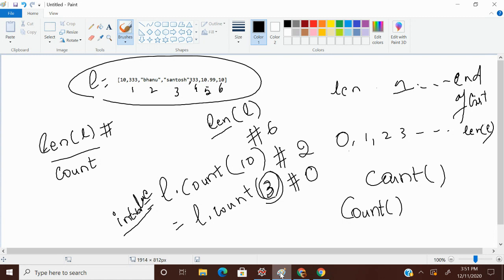Okay, and one more function we have is index. What does the index method do? It returns the index of the first occurrence of the specified item.